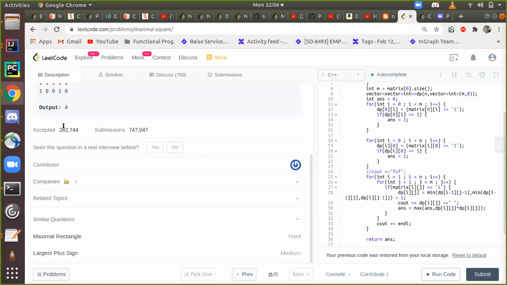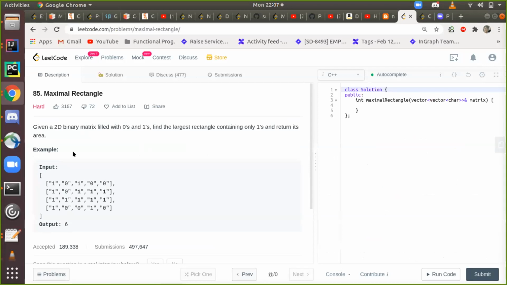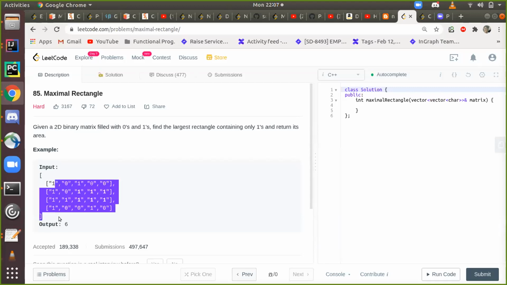I don't think this approach will work for maximal rectangle. I think we use a stack there, I mean the monotonic stack or something. It won't work because it's not a symmetric shape. Yeah, because we can't take the minimum of 3. I think this uses the concept of histogram somewhere. Yes, the max histogram area. It's layer by layer, you keep getting the area of the histogram. Like this is one bar and this is the other bar. Right.